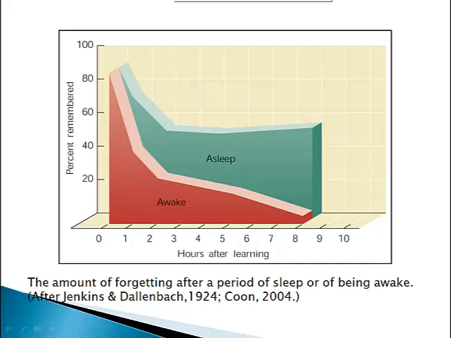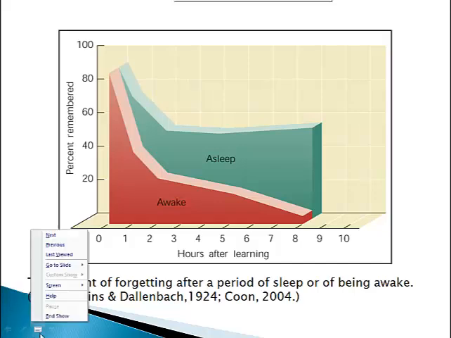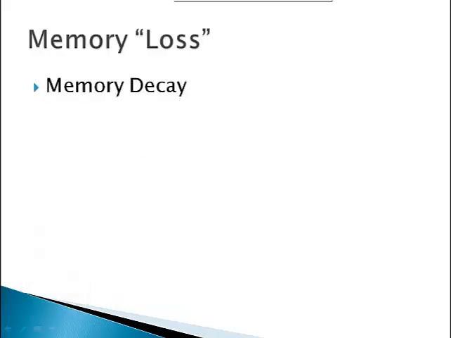Now, as it turns out, we actually have a confounding variable here. We have an extraneous variable, because it looks like it's when we're asleep that our mind decides what memories to keep and what memories to get rid of. As I'll talk about in the next lecture, we don't have to keep memories of everything, and so if we don't really need it, we throw it out. So yeah, this is probably not as perfect as it could be, but that's pretty dramatic if you look at that. That's fairly impressive. So what else could be causing people to forget?